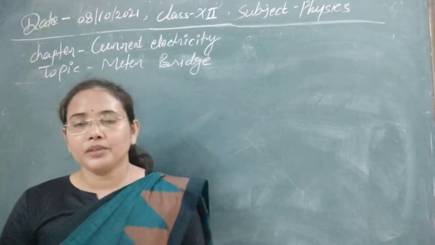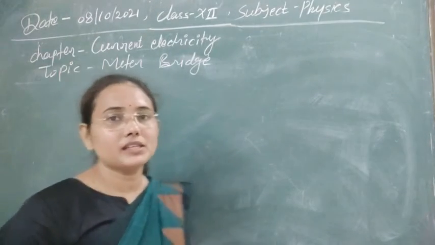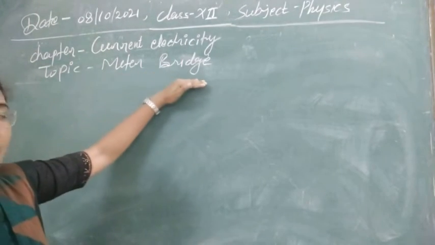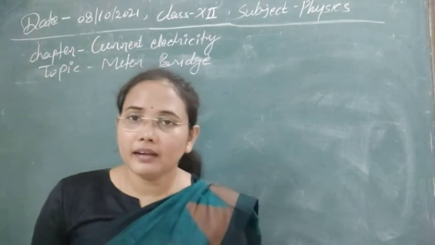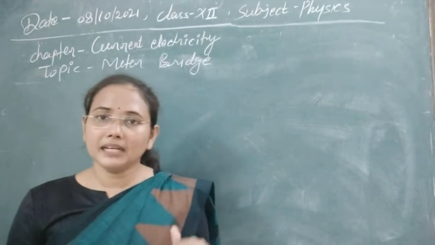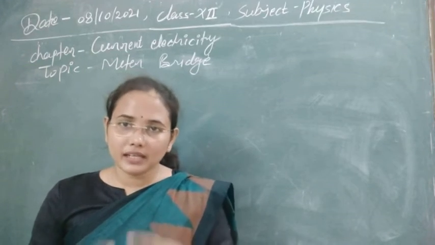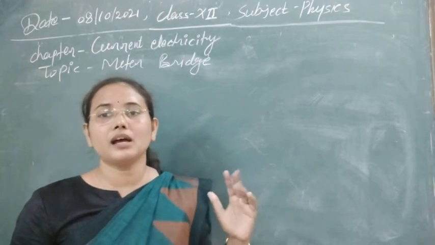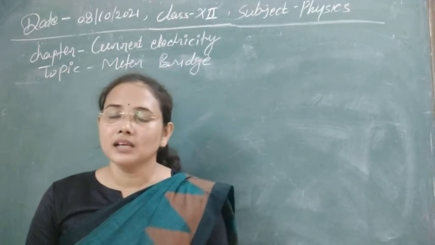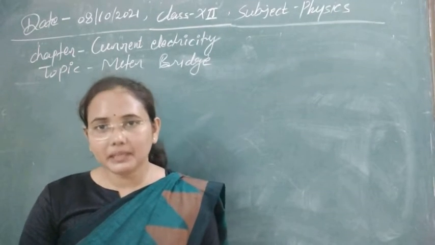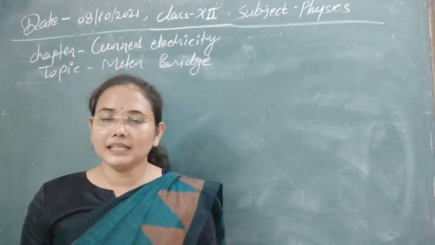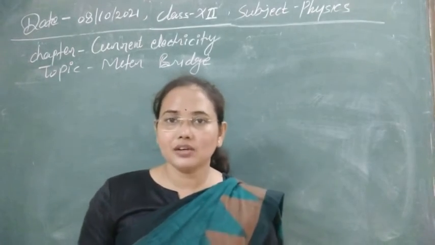And now let's see on which principle it is working. So first line, I think that is now clear. Second, why we are calling it bridge? Because here we are using the meter bridge on the principle of Wheatstone bridge. As Wheatstone is already in the bridge form, and as its principle is Wheatstone bridge, we are also calling it meter bridge. So this name is, I think, now clear. Let's see now the construction of meter bridge.